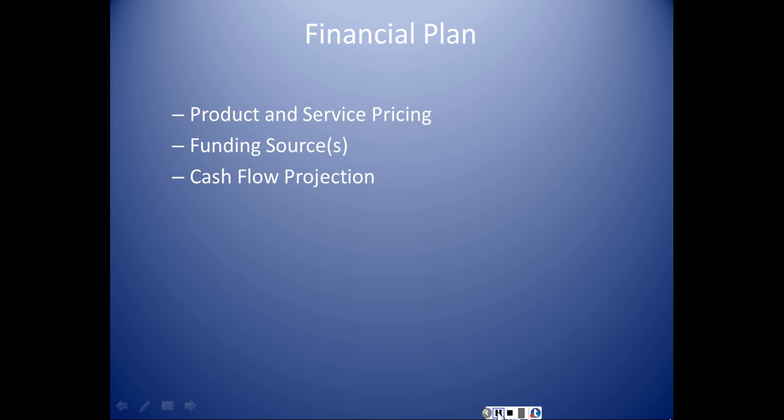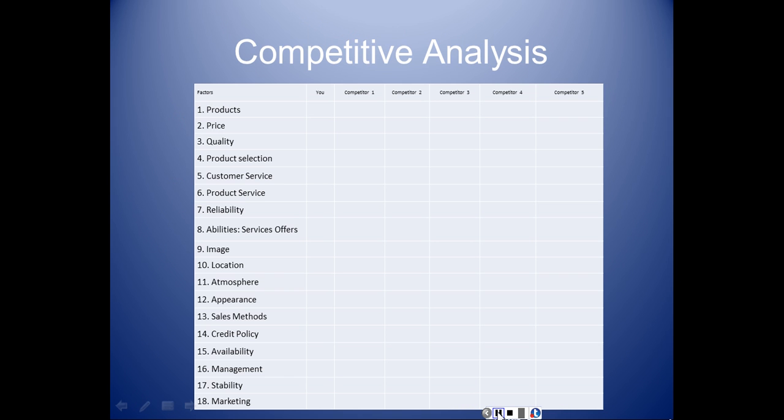So then you come down and you can have what's called this little tool right here. And this is a competitive analysis tool that each of you should actually complete in order to do your business plan. The business plan has to identify you and your products. And what are your competitors selling that's the same? And then what is their price versus your price? And what is the quality of their material versus your material?